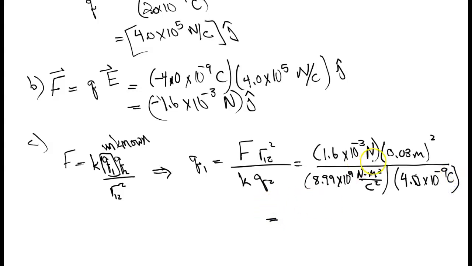You do a quick check of the units: the newtons cancel, the meters squared cancel, and one of the coulombs cancels one of the squares, and you get 4.0 times 10 to the negative 10 coulombs. Since we started the problem with nanocoulombs, we will change this to nanocoulombs, or say that